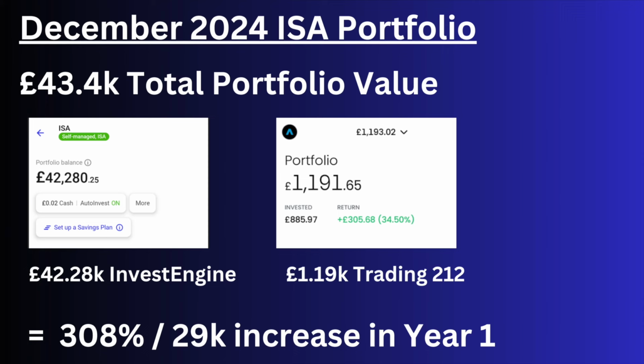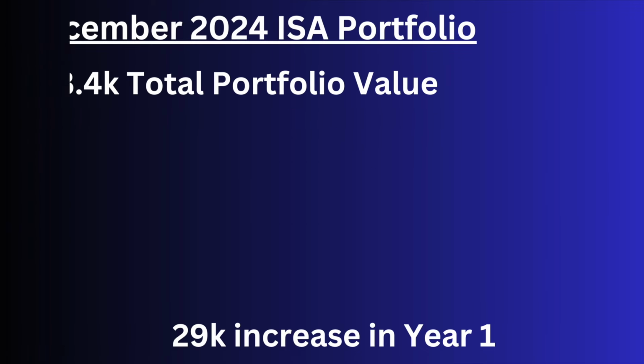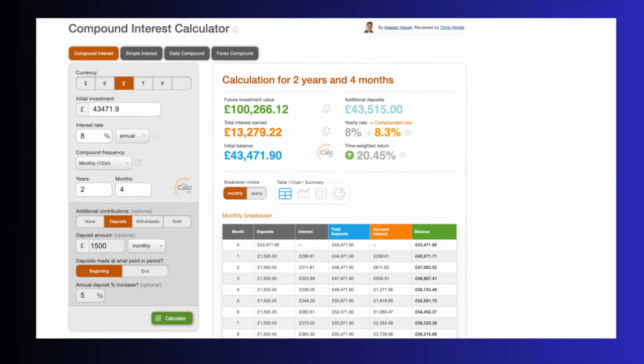The short answer is yes. In fact, I'm slightly ahead of track. Based on my current progress, if we bring up a compound calculator, we can see that if I continue contributing 1,500 every month and achieve an average 8% return, I'll hit 100k in 2 years and 4 months, so April